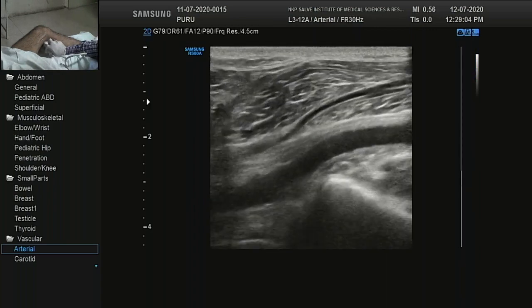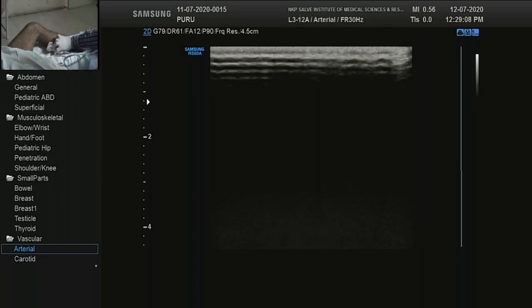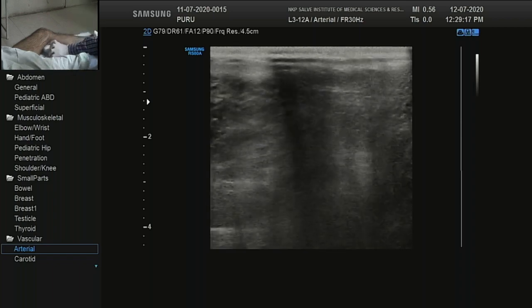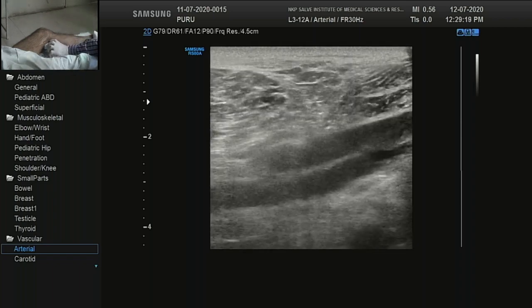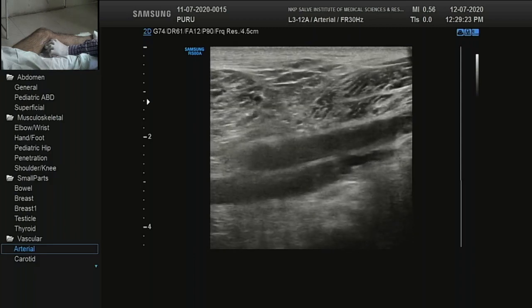In a popliteal fossa, so that is the superior part of the popliteal fossa.